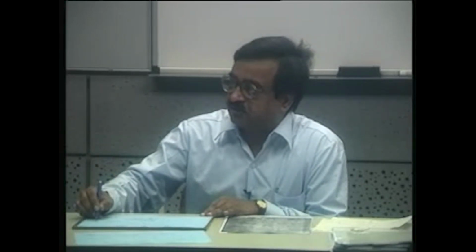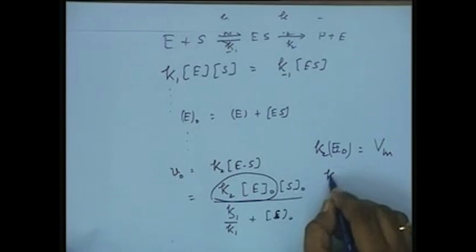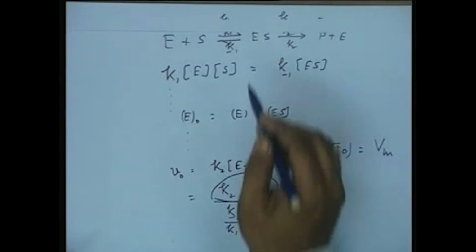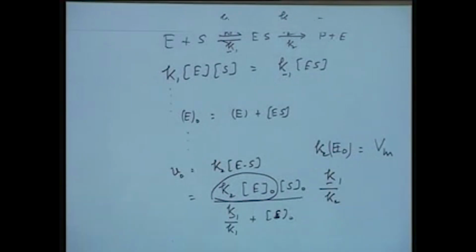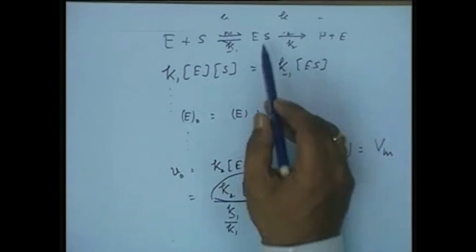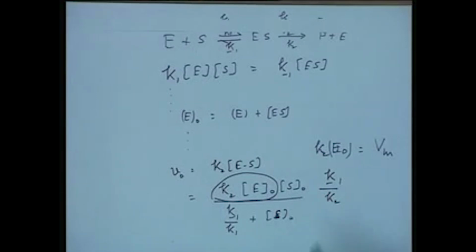But the hypothetical situation is that if all the enzyme is saturated with the substrate, then you have a maximum reaction rate, which is called Vm. And also K minus 1 upon K2, the ratio of the two rate constants K2 and K minus 1 involved in the breakdown of the ES complex. Either the ES complex can go to product formation or it can go back to the substrate. Now, the ratio of the two was considered as Kd, essentially the dissociation constant of ES,